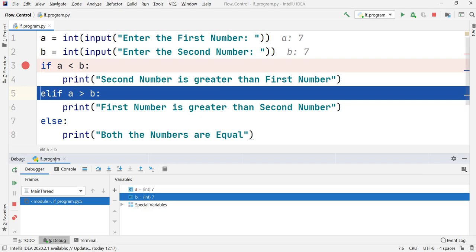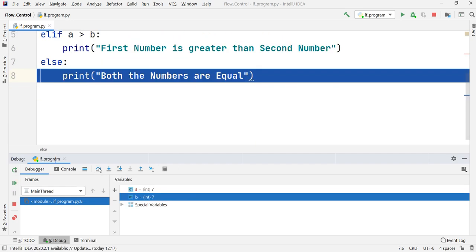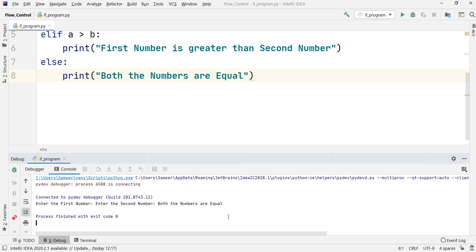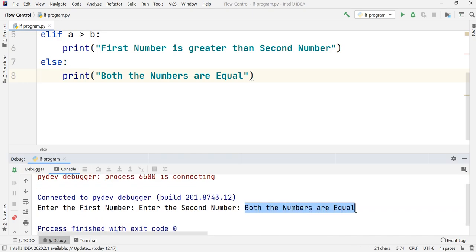Because the first condition was false, it is going to check whether the next condition, which is written inside elif, is true or not. So if I click again, just imagine what is going to happen. Now observe that it has gone directly into the else part, because there is never a condition in front of else to be checked. So it is directly going to execute whatever is written inside else. If I press step over again, it is now at that line, but it has not executed it. As soon as I press step over again, it is going to execute the code. And if I check the output in the console window, I will find that both the numbers are equal.